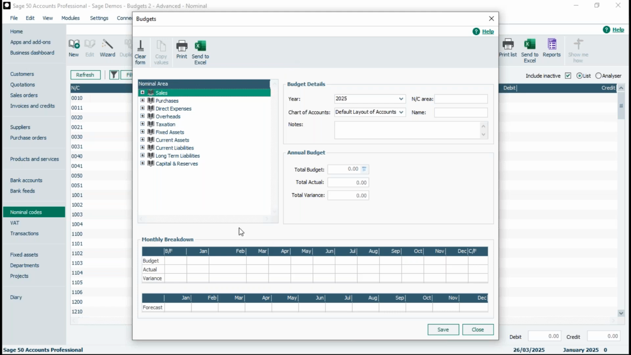So we'll just quickly work through this one to give you an idea of what options you've got. So this is the key area, I suppose, helping you to get to the nominal codes. So this is advanced by nominal code. So budget is set at nominal code level. So we've got a little bit of information over here on the right. First of all,